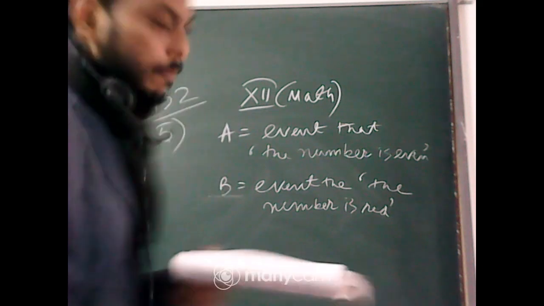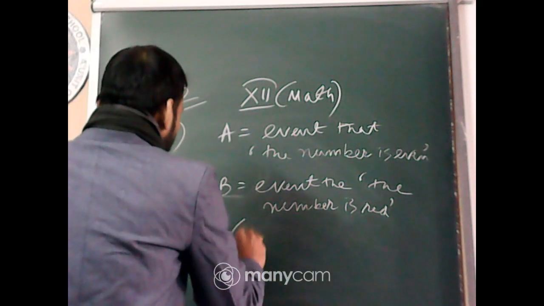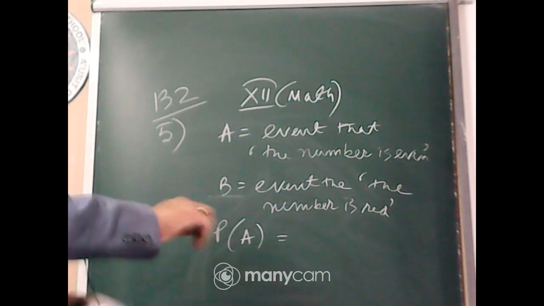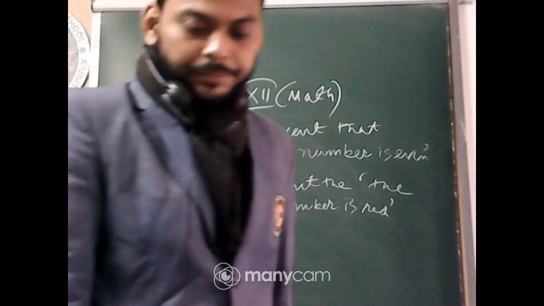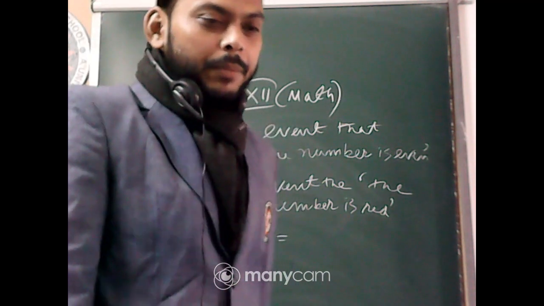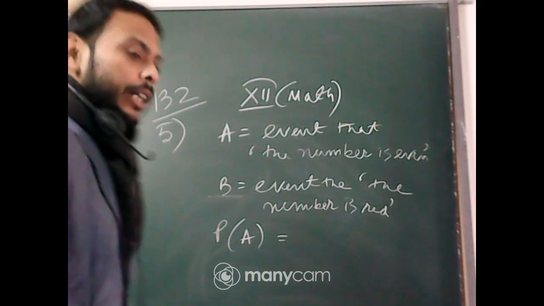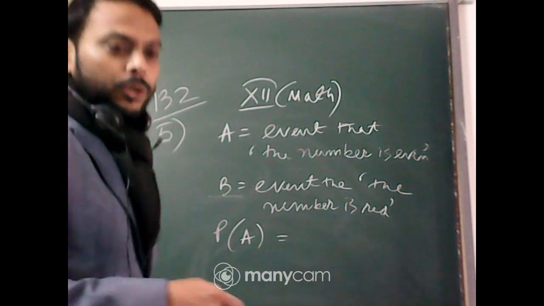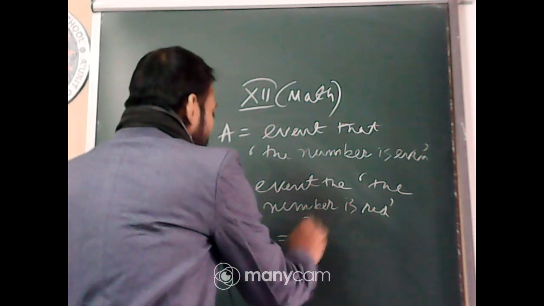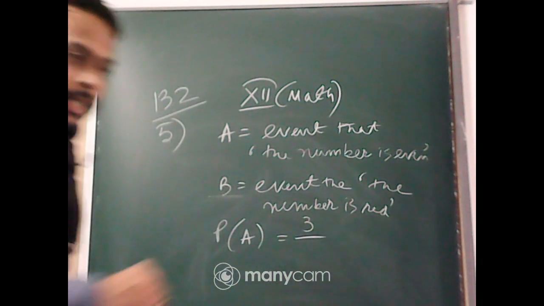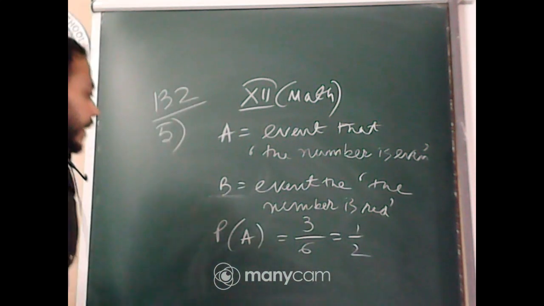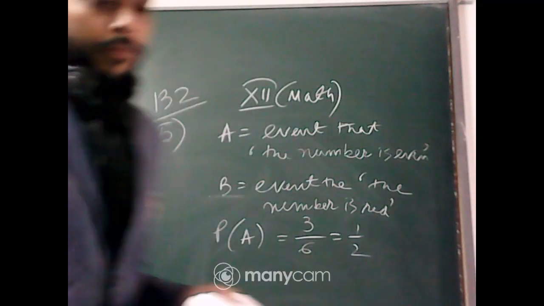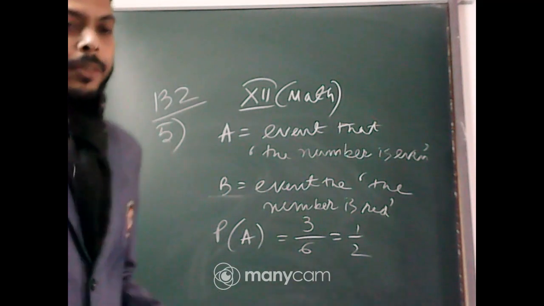So first of all, find P of A. Tell me P of A. Event of getting an even number. So how many even numbers are there? There are 3 even numbers, 2, 4, 6. So favorable cases will be taken from 2, 4, 6. So 3C1 by 6, that means 3 by 6. Yes, Akash, very good. That is 1 by 2. Total number of cases always 6 here, because whenever a die is tossed, the sample space is 1, 2, 3, 4, 5, 6.